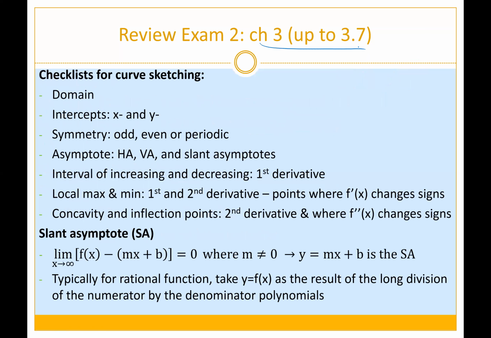Then we come to 3.5, where we put everything together and come up with a checklist for curve sketching. As always, we need the domain, and the x and y intercepts. Symmetry: you have to compare f of x to f of negative x. Do you have any asymptotes? Remember, to find a horizontal asymptote, you take the limit as x approaches infinity and negative infinity. And then vertical asymptotes, especially when you see a fraction or something related to a square root,